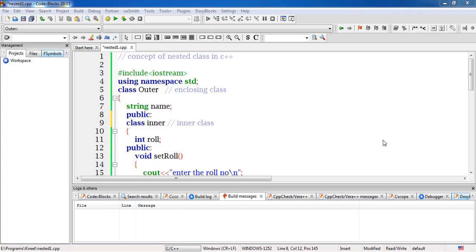So in the previous lecture we have just seen the concept of a nested class. We created a nested class, that is the outer class, also known as an enclosing class, and we declared a member of this outer class as name. And we created an inner class in the public section of this outer class, and we named this class inner, and inside this inner class we declared the variables and